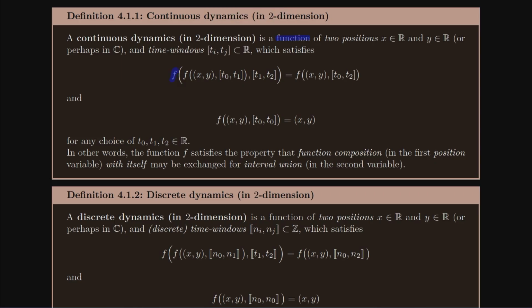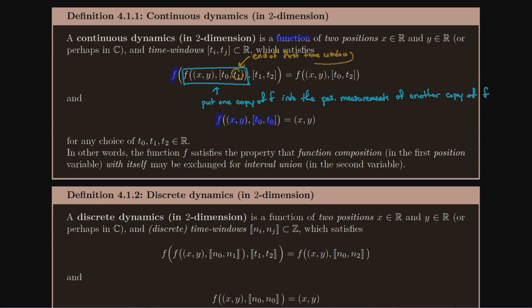This function is going to be f, and it makes a little more sense if I look at this bottom one: f is a function of the two positions as well as a time window, and it needs to satisfy the two properties that, hey, if I put one copy of f into the position measurements of another copy of f, and so long as the end of the first time window is the same as the beginning of the second time window,